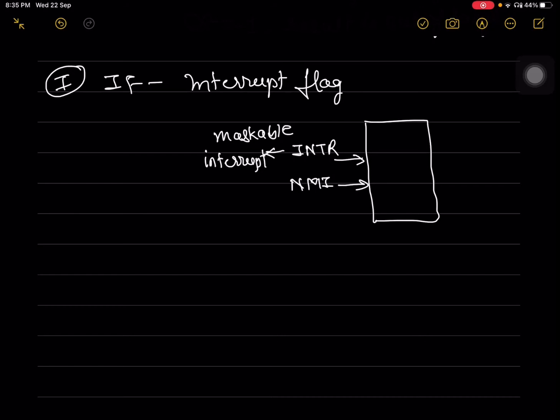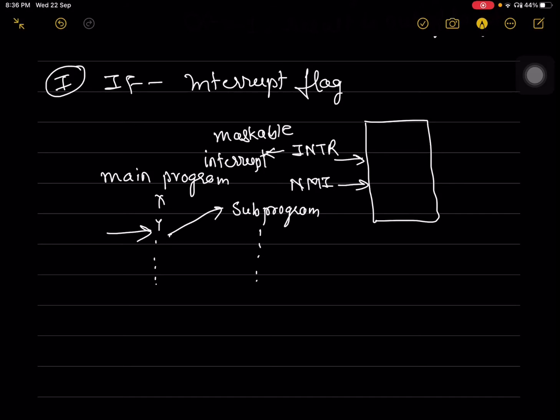In microprocessor, there is a possibility of interrupt, which suggests that if microprocessor is executing any main program and in between the main program, if it is interrupted using these interrupt pins, then it will branch to the subprogram. It will execute the subprogram for the interrupt and then it will return back to the main program.